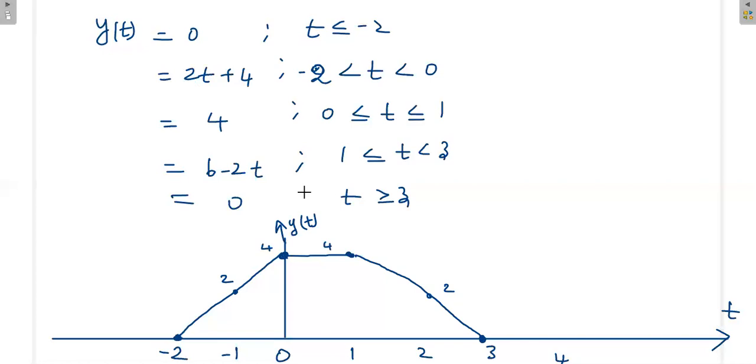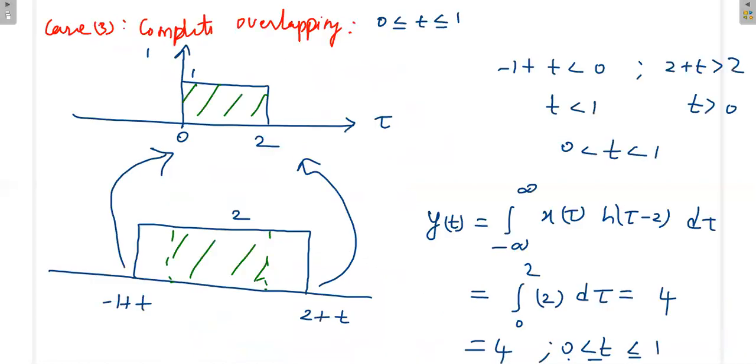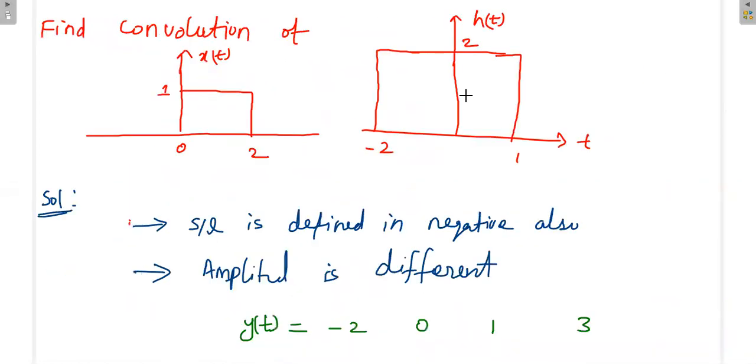Now we have calculated with the graphical approach, and also you can try with the mathematical approach. Mainly I have chosen this problem because the second part has a higher duration. We can exchange this, but they gave it like this only, so we have kept it like that. Then how to slide the larger duration signal by fixing the smaller duration signal, and what are the difficulties that we get. Finally we have to verify this limit also.